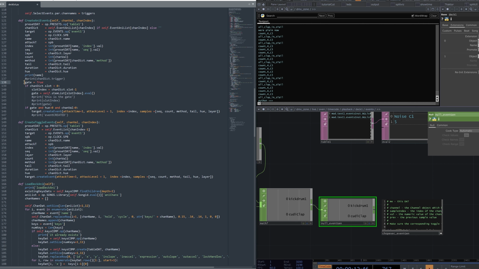If we look at line 138 to 141, we are determining if a stem value is associated with the animation. And then if the stem is off, we will not send the event. At the very end, we are sending the event. We have packaged up all of our variables as samples at the end of line 146.